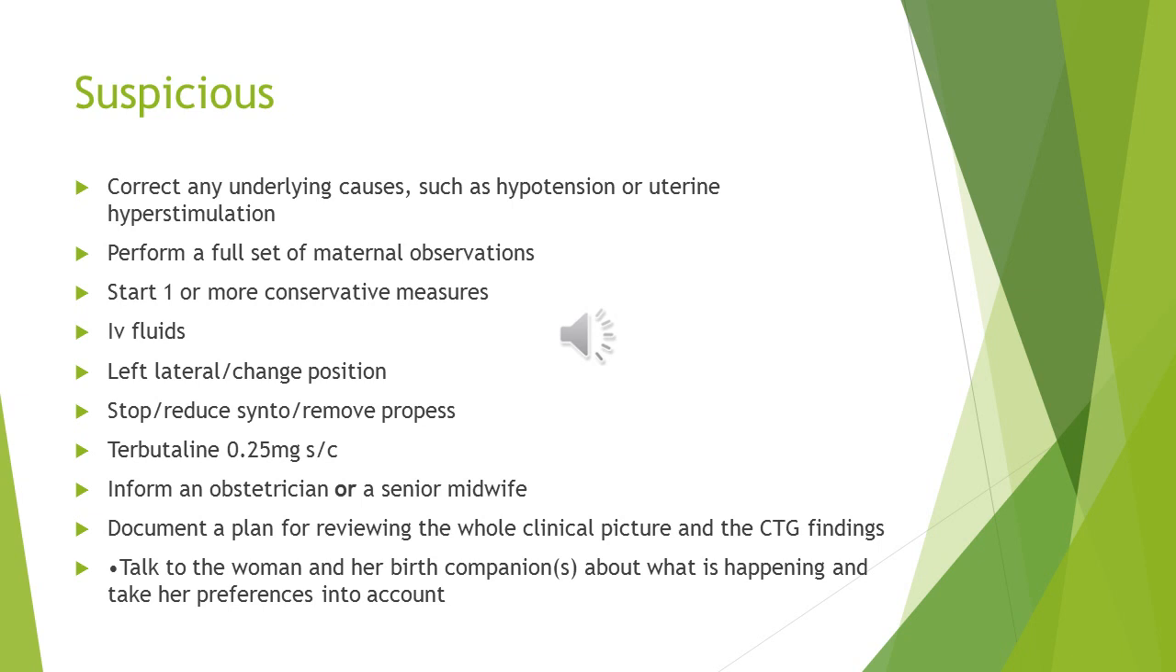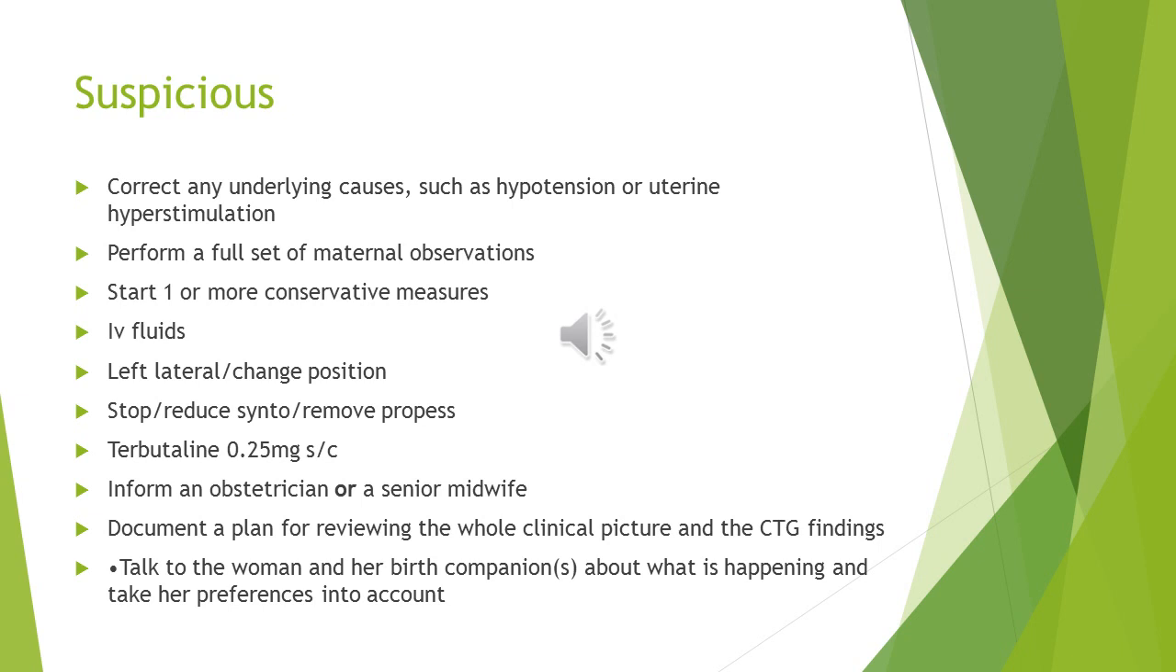If there is uterine hyperstimulation, you need to stop or reduce the oxytocin or remove the prostaglandin. You can give terbutaline, which is a tocolytic agent, at a dose of 0.25 milligrams subcutaneous. You need to inform the obstetrician, or for the midwife, you need to inform the senior midwife, and then document the plan. Because you have a suspicious CTG, you don't need to deliver now, but you need to be closely observing